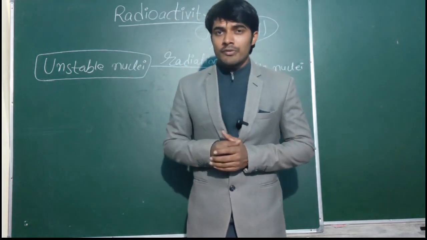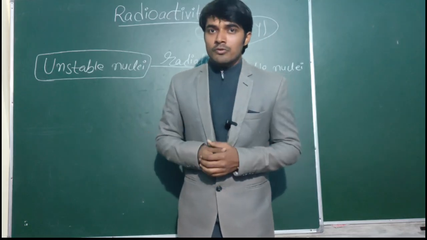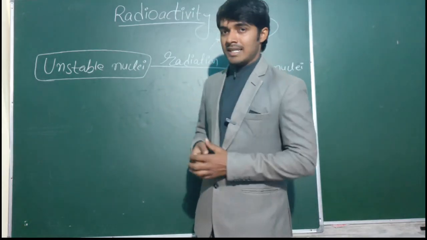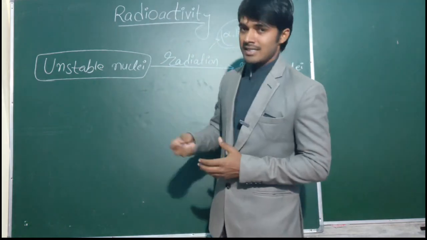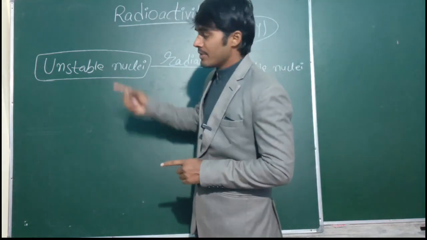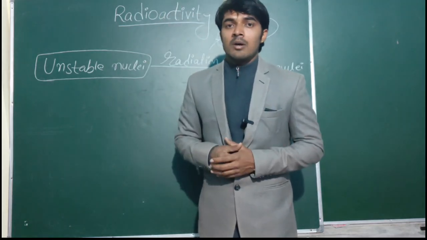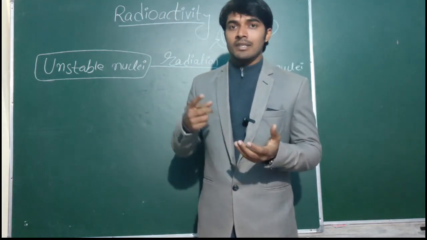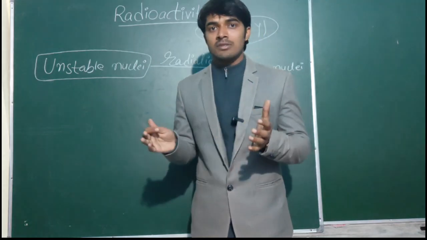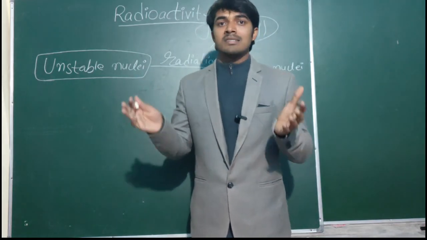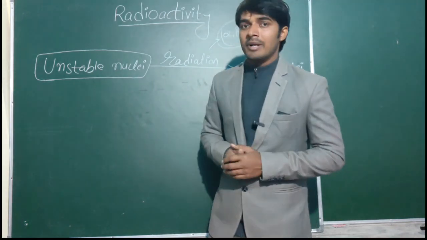The strong nuclear force is a very short range force that acts for only 1 to 3 femtometers, so when the size of the nucleus increases, it automatically becomes unstable and loses its stability. So one of the reasons for unstable nuclei is the size of the nucleus. As we see in the periodic table, most radioactive substances, uranium, thorium, plutonium, radium, cesium, francium, are heavy atoms. So the heavy, bigger nucleus becomes unstable.